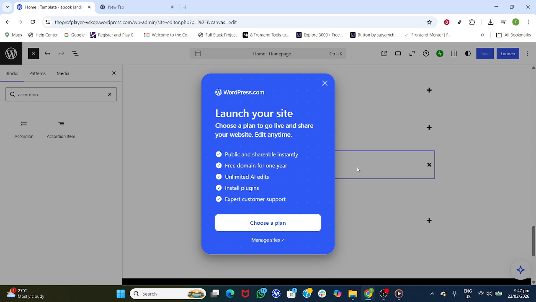That's it. Your accordion is set up, styled, and ready for your audience. If you ever don't see the accordion block in search, your theme or plan may vary. In that case,